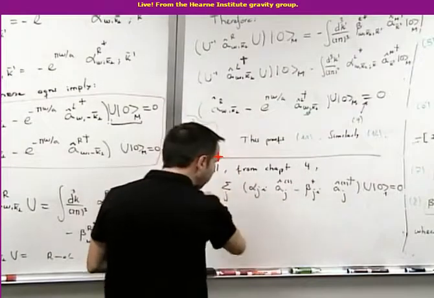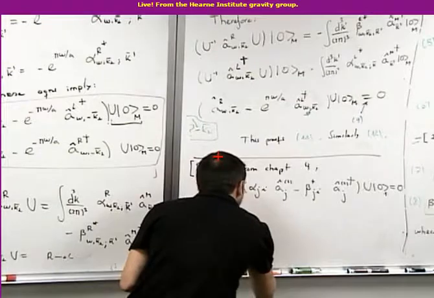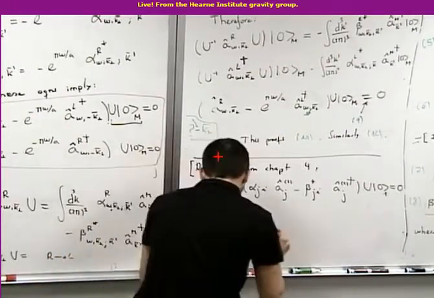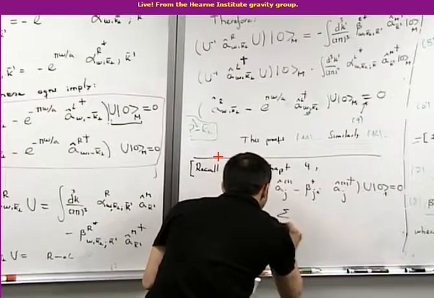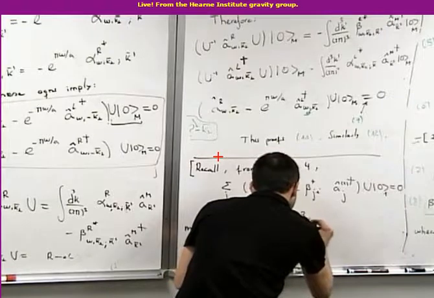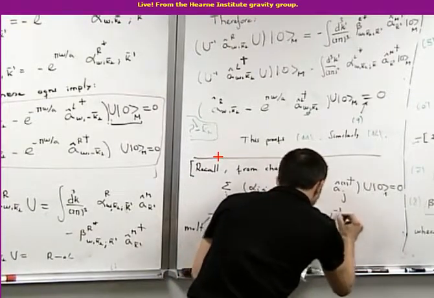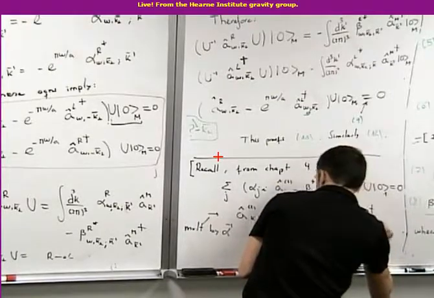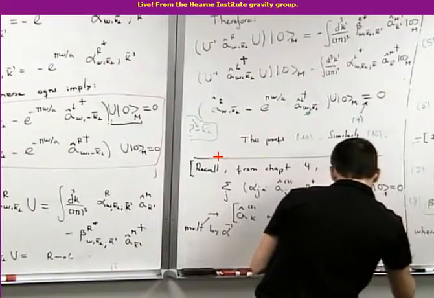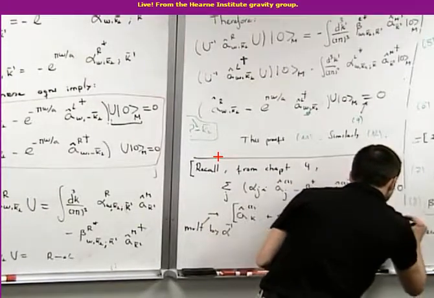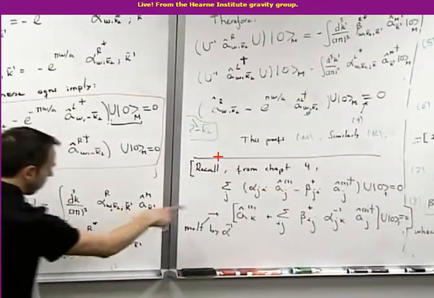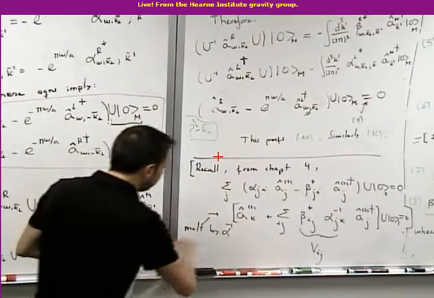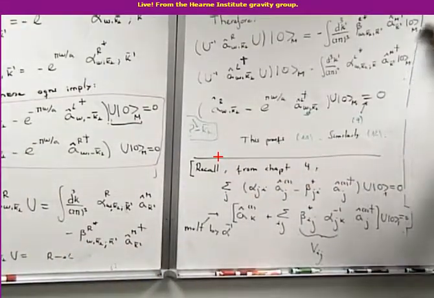But from here, multiplying by the inverse of the matrix alpha, it is quite easy to show. So multiplying by alpha minus 1, it is quite easy to get: ij conjugated, alpha minus 1 jk, a dagger j, acting on u1 is equal to 0. I just multiply that by that, and this is what we call the ij. So this is what we did in chapter 4